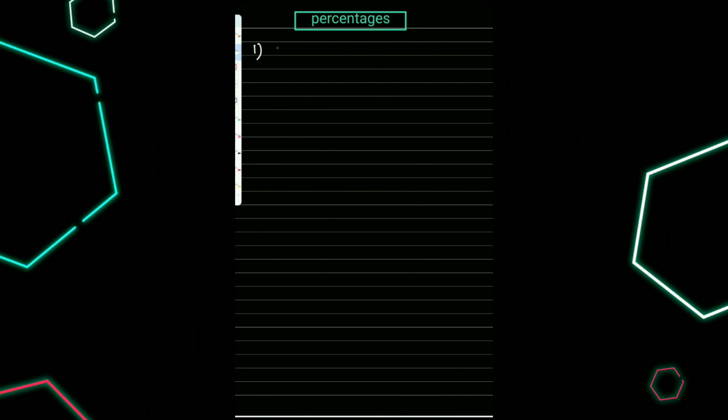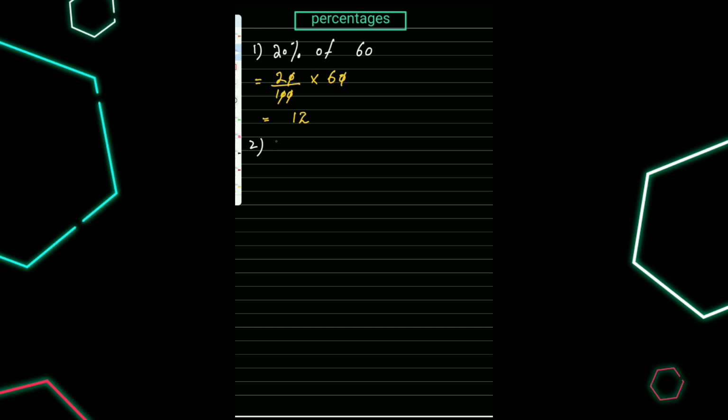Question number 1. If we are going to find 20% of 60, percent means out of 100. So how to solve this question is a common method. 20% will be written as 20 over 100. In place of "of" we will write a multiply sign, and 60 will be as it is. We will simplify. 0 and 0 will be cancelled, and we will get 6 2s are 12. 12 is the answer of this question.